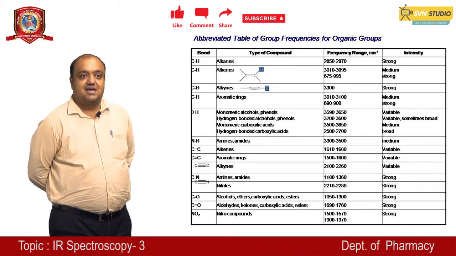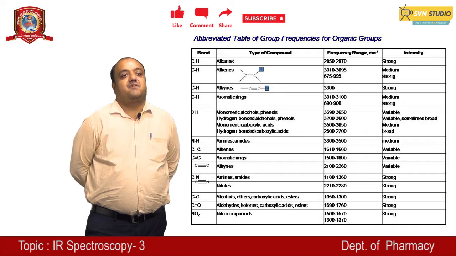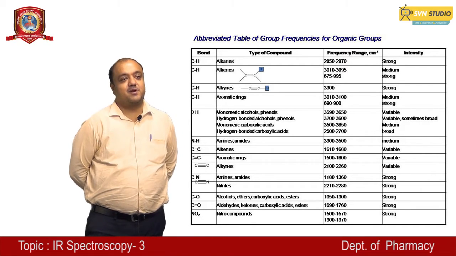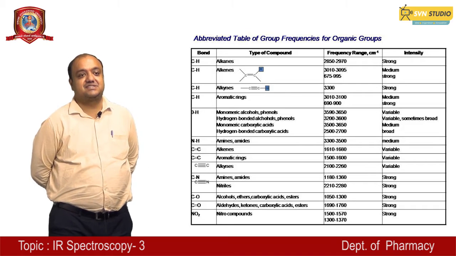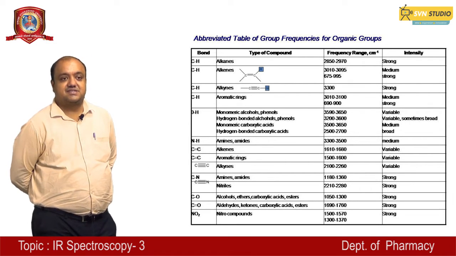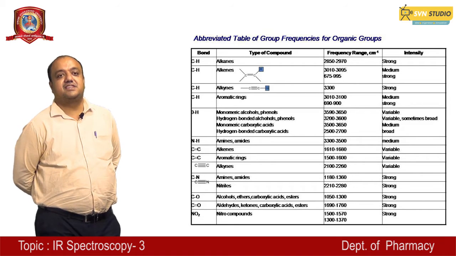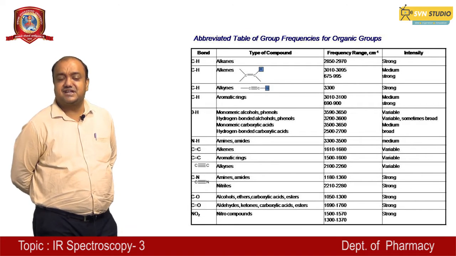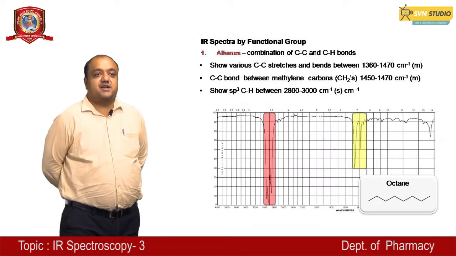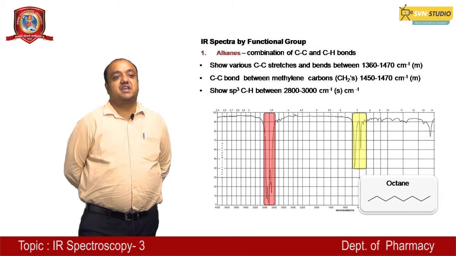like applications of IR spectroscopy, and alkenes, alkynes, aromatic rings, amines and nitro compounds, and their absorptions and intensity of peak. The IR spectroscopy by functional group,